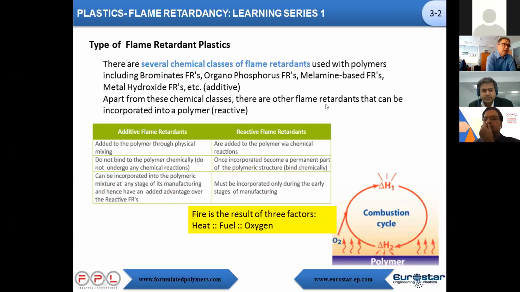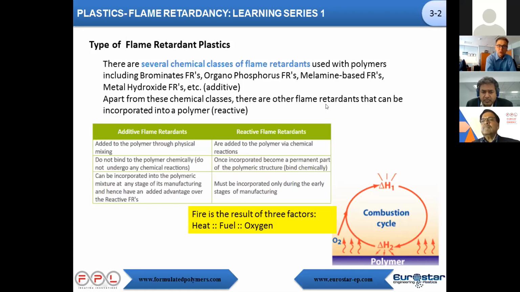So on this one, we won't go into details. It's just to explain to you, let's say, the types of flame retardant. We will go a bit more into detail in this presentation, and in the next webinar, we will go far more into detail. What is important to understand at this stage is that flame retarding plastics